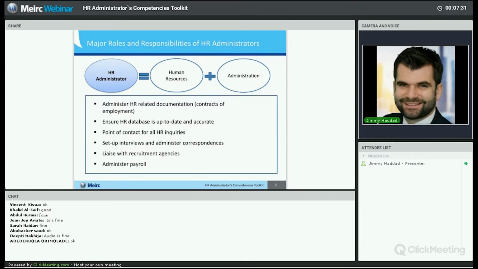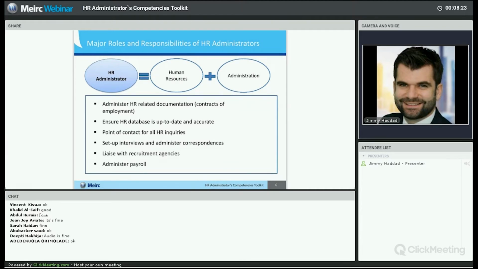If they work, for instance, in payroll, their responsibilities may include administering payroll. If they work in recruitment and selection, some of the responsibilities might be related to coordinating interviews or connecting with recruitment agencies, setting up interviews, and perhaps administering correspondences. If they work in training and development, some of their responsibilities may include setting up training rooms, coordinating with training vendors, sending out invitations, administering feedback forms at the end of the course, reporting on the feedback forms. So really the roles and the responsibilities vary depending on the actual position within the HR function